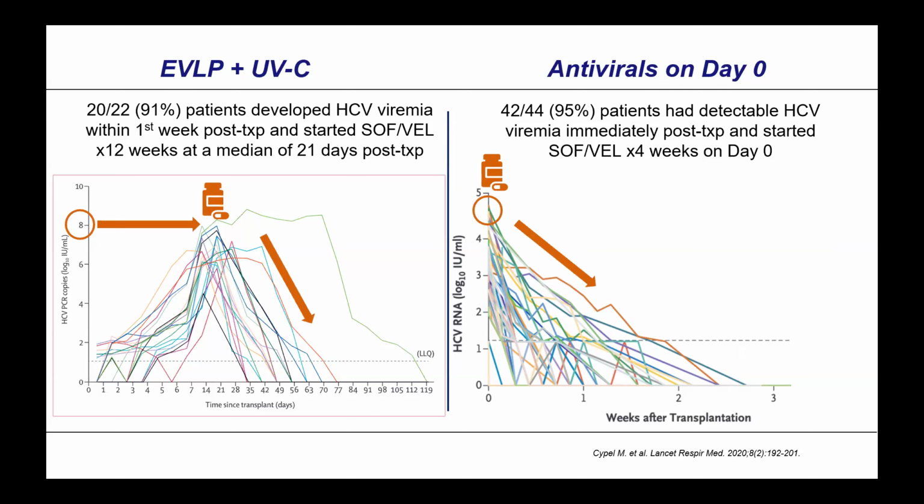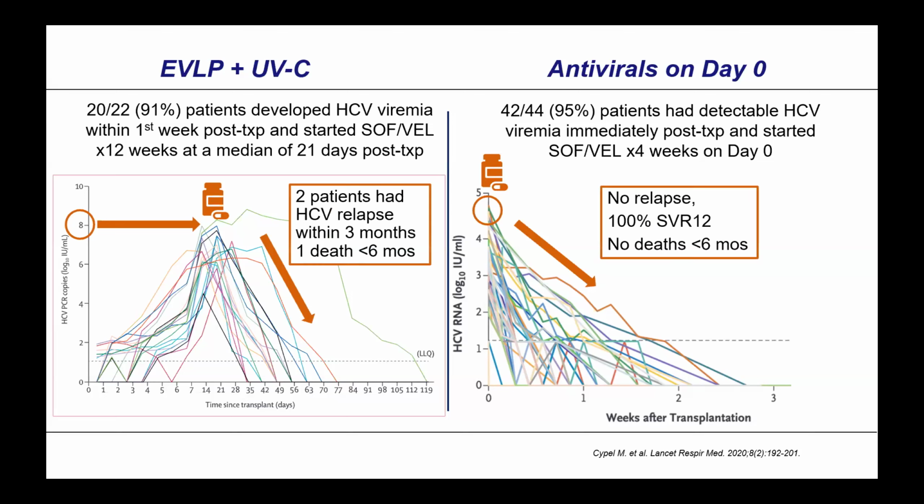In our cohort, the initial viral load was much higher, but the decay of the viral load after starting antiviral treatments, for some reason, was slower in our cohort, whereas post-EVLP, it was a much swifter viral decay. Unclear exactly why. But the end result was that all patients still needed to be treated. And we did see 2 patients that had hep C relapse within 3 months in the Toronto group. And in our cohort, there was no relapse. I don't think that's the difference here at all.